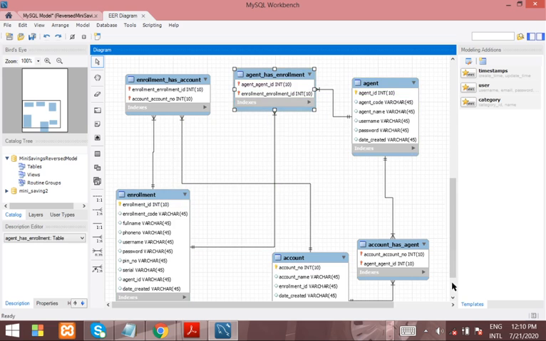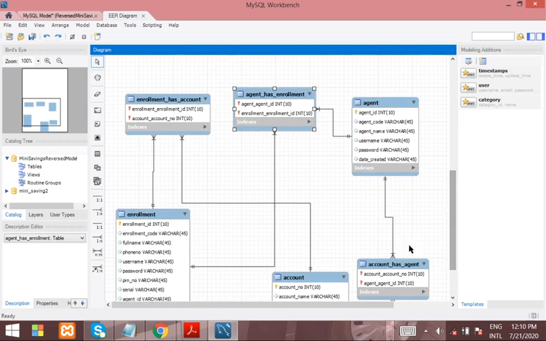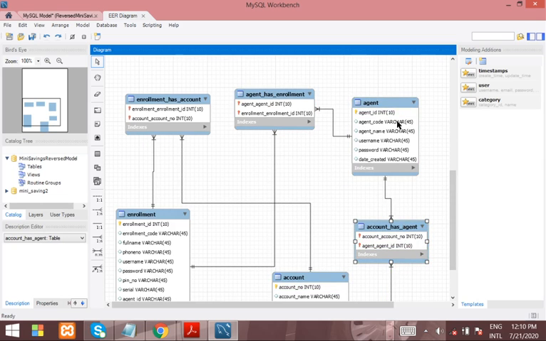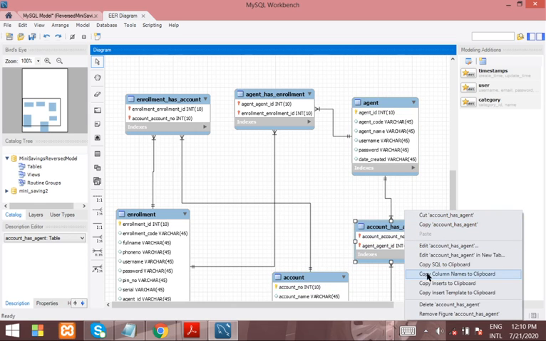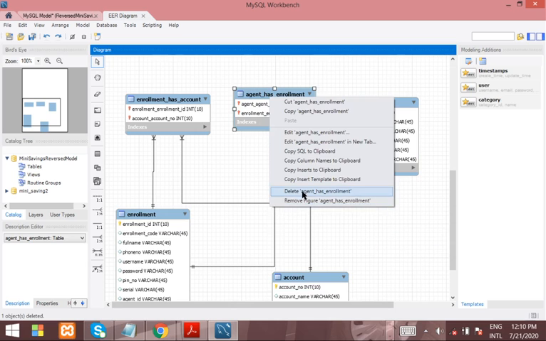So all these tables that happen to be relationship tables, we have a relationship from agent to account, and we have a relationship from account to agent. We have a relationship from account to enrollment. We have 3 relations. So we need to delete each and every relationship table here. Delete them.